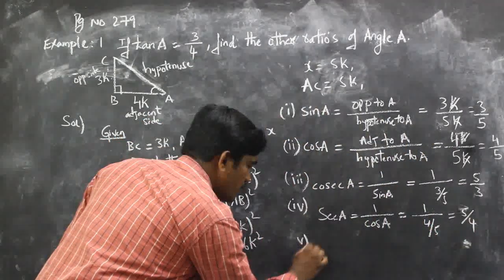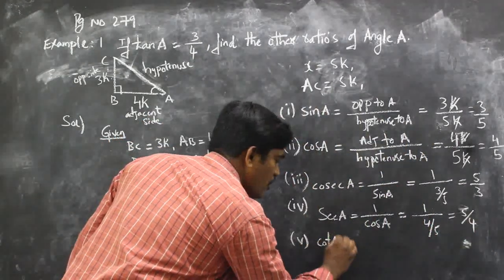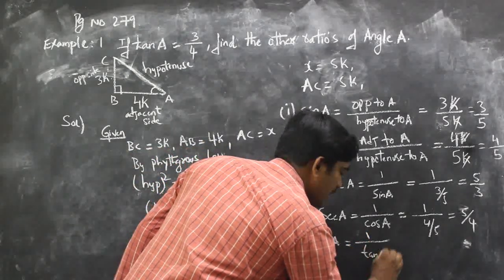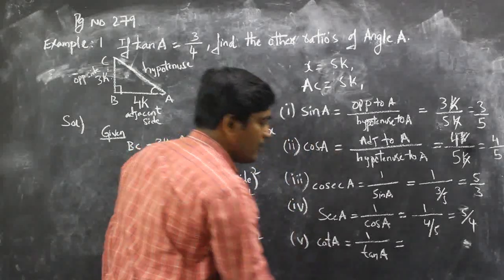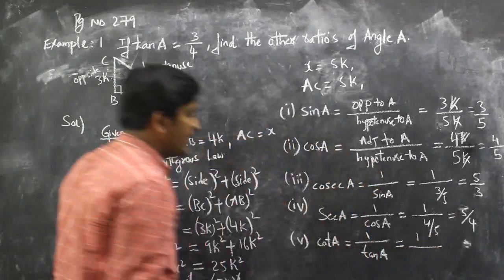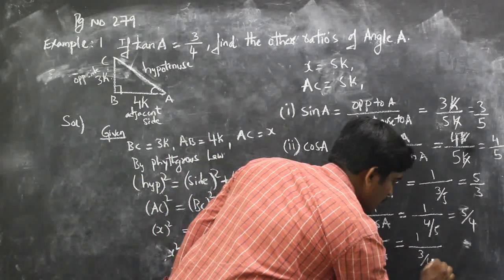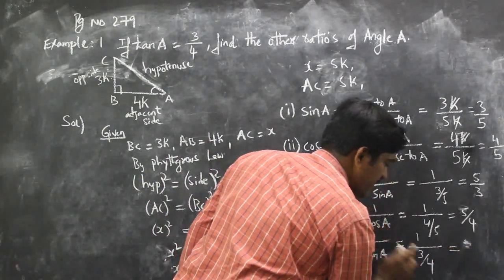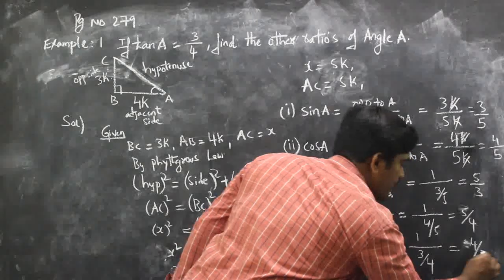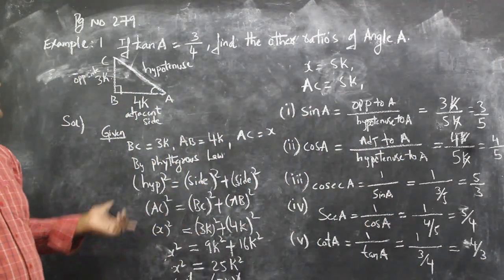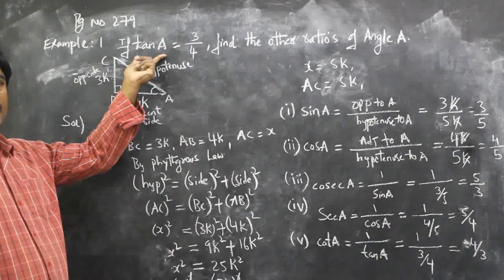Now the last one, cot A. Now what is the cot A? Cot A is also the multiplicative inverse of tan. So you know tan. So 1 by, what is the tan given? 3 by 4 is given. So I write down 3 by 4. Now what is 1 by 3 by 4? This becomes nothing but 4 by 3. Now this is how we will solve the problems when one ratio is given and